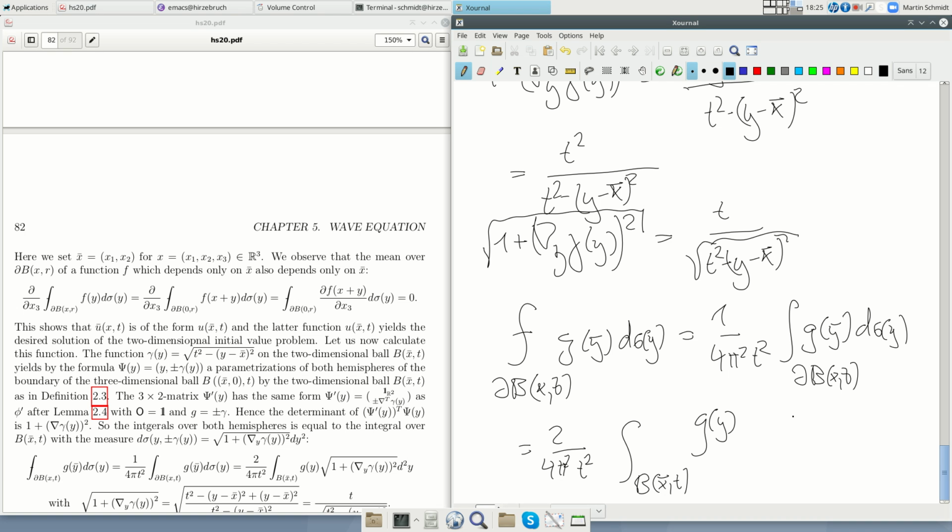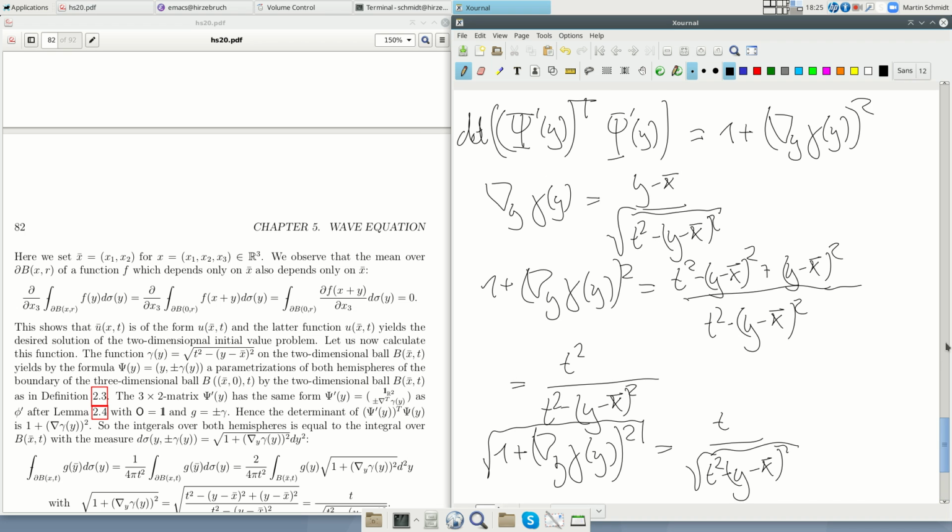Now we are in 2 dimensions, and we should multiply with this function. So we get t and the square root of t square minus y minus x bar square d2y. d2y is this now, because now we use this parametrization,